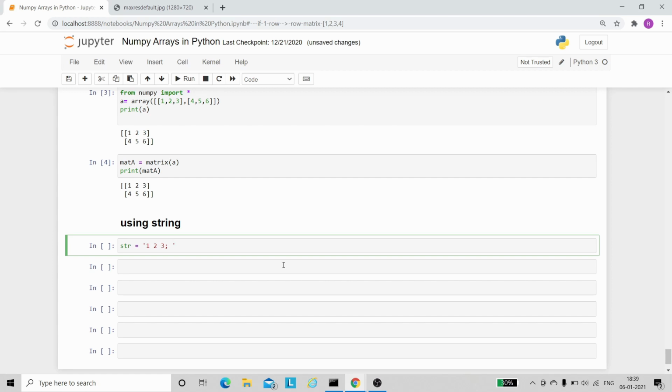So here the second row will be 4 space 5 space 6, then we will put this semicolon. Now let's enter the third row, 7, 8, 9. Okay, so here we have created a string